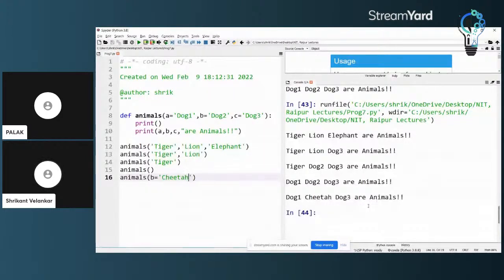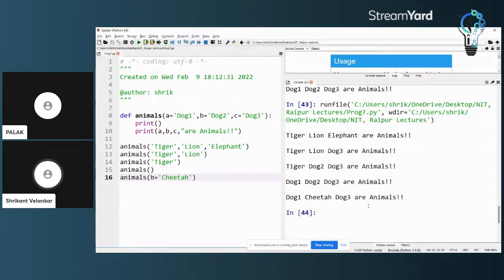But if I want to specify only some parameter which is a middle parameter, not one of the beginning parameters, I can do so by writing the parameter name equal to the parameter value that I want to pass, like what we did, b equal to cheetah. So I explicitly said that I want to pass parameter b in this particular case.